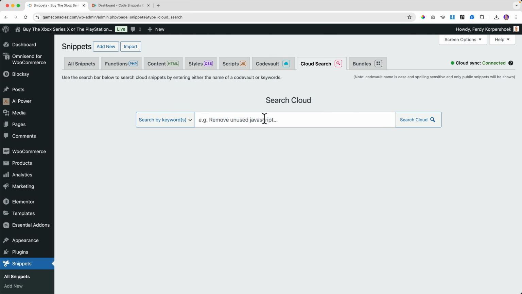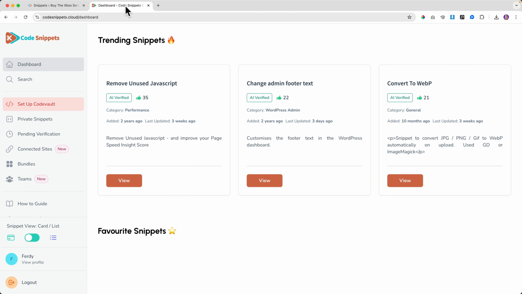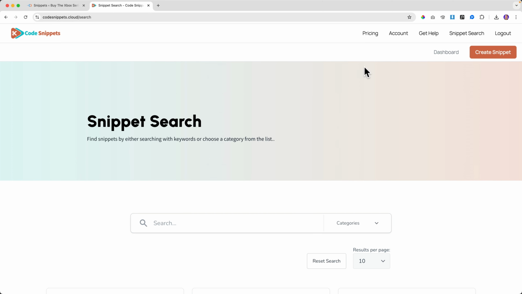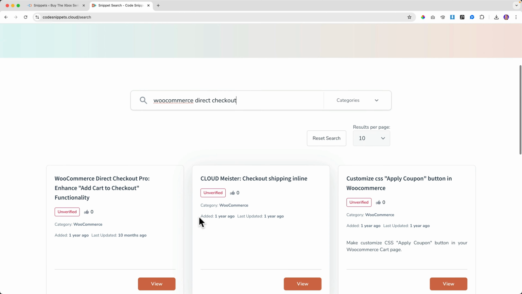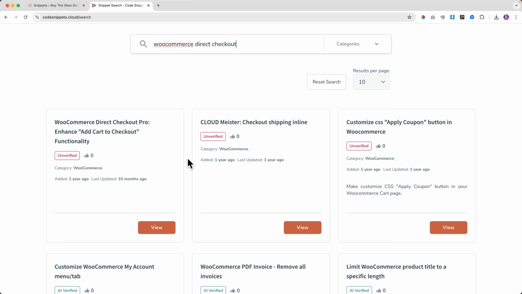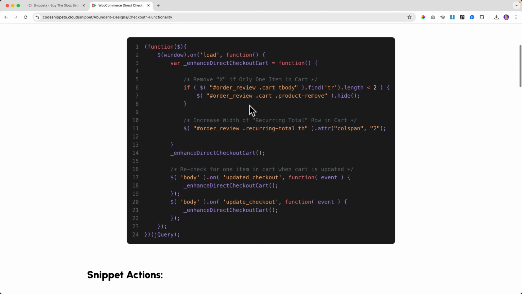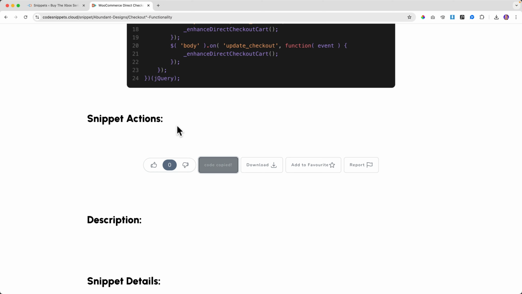And then I search for WooCommerce direct checkout. Hit enter. Or I go to the cloud and I search over there. WooCommerce direct checkout. Then I scroll down. WooCommerce direct checkout. I click on this one. So there it is. I can copy this code.